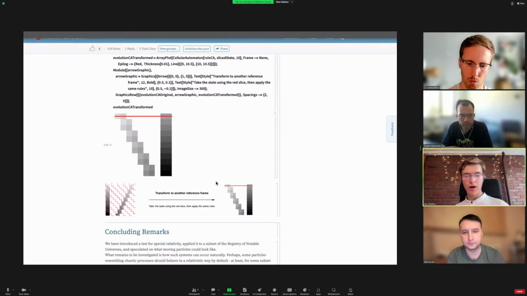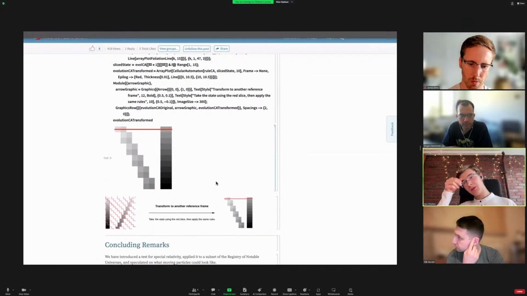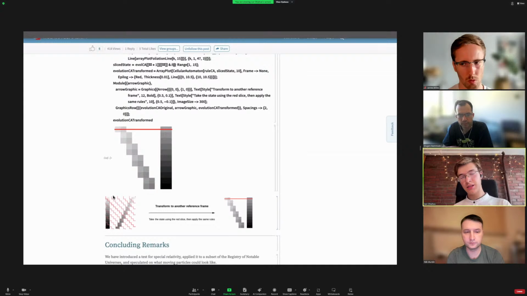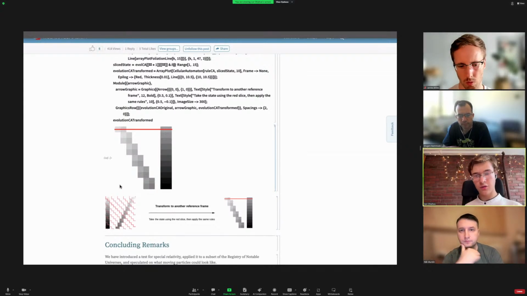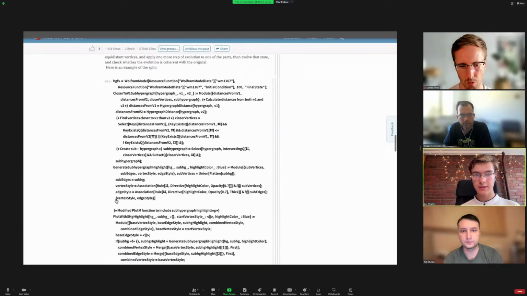And one of the things that would be nice is to have a way to check that computationally. For that, we need a way to apply a Lorentz boost. And it's actually not easy to apply an arbitrary Lorentz boost. It's slightly easier for cellular automata because there we have a strict definition of space: you just have the index of the cell. However, if you're talking about hypergraphs,